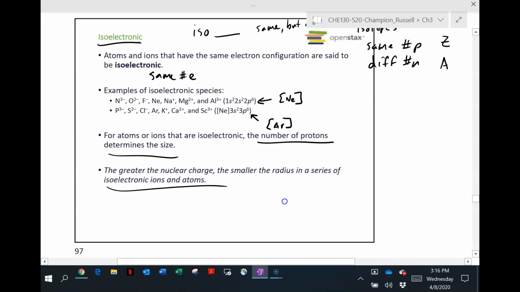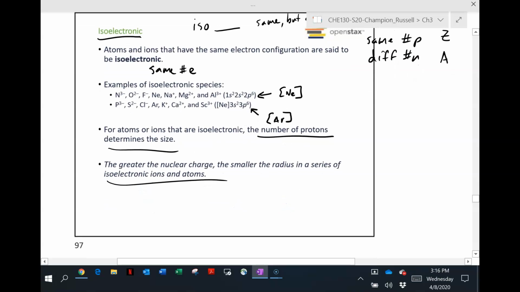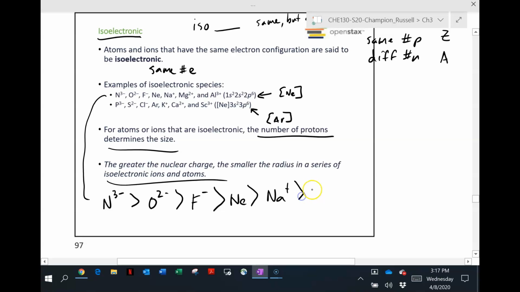So if I'm looking at this first isoelectronic series and I want to put them in order by size, N3- is going to be the largest. O2- is next, fluoride F- is next, then neon, then sodium, then magnesium, then aluminum,